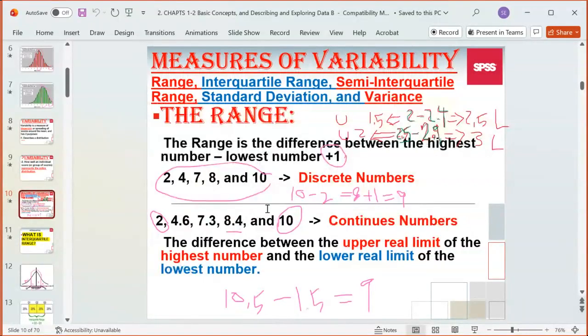The measures of variability are range, interquartile range, semi-interquartile range, and standard deviation and variance. So we're going to talk about these